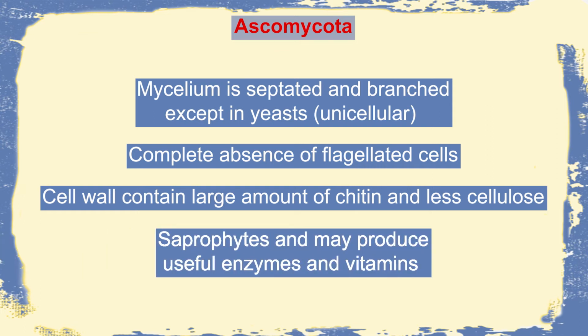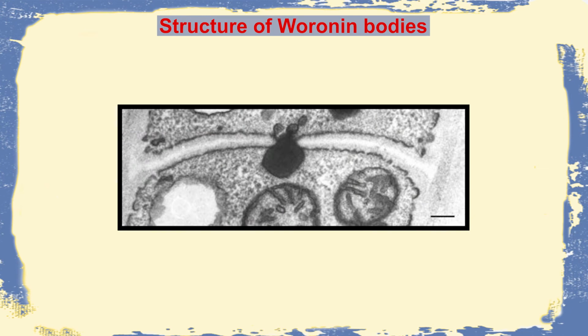Because they are saprophytic, they are capable of producing secondary metabolites in the form of different enzymes and vitamins. But definitely they also have a unique property, that is the fermentation process, and yeast is famous for this particular activity. The structure, as I was telling, is represented by filamentous mycelia, and this mycelia will have septation, but the septation has a simple pore which is sometimes guarded by a vesicular structure, and this is called the Woronin body. So the Woronin body is preventing the leakage of cytoplasm in between the septation.